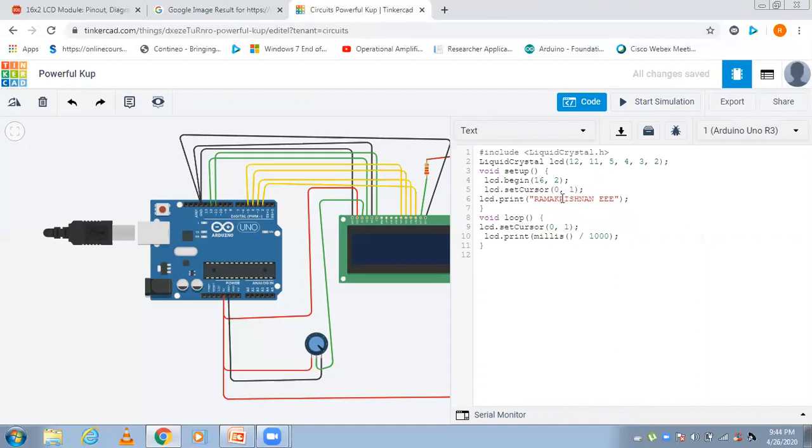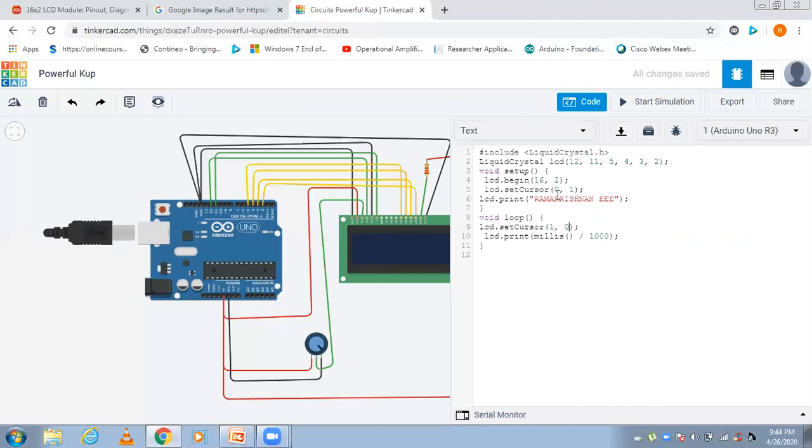Listen here. This is for 0 column and first row. First row means in LCD this is the 0th row, and the second one will be the first row, right? Now the millisecond will be displayed in 1 comma 0. I will put like this, 1 comma 0.